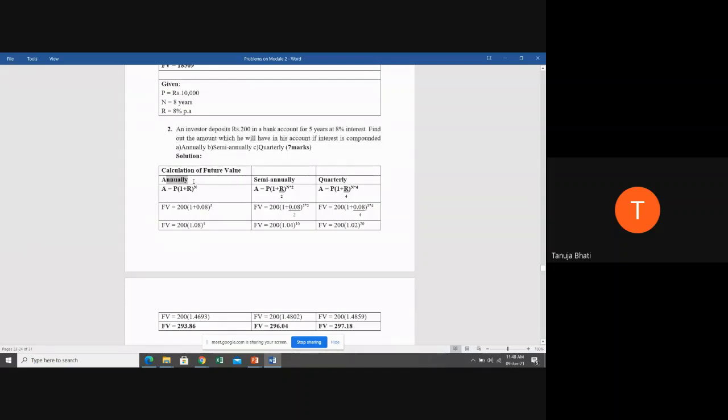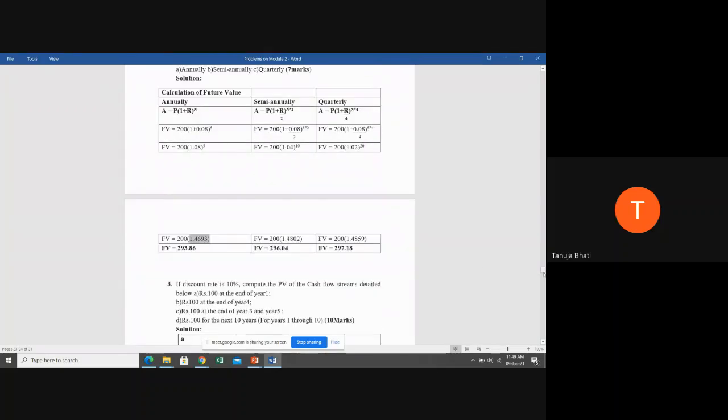So first for annually, what is the formula to calculate the future value of a single cash flow? It is nothing but A is equal to P in the bracket 1 plus R raised to N. So the principal amount given is 200 rupees. The rate of interest is 8%. 1 is fixed in the formula, raised to 5, because 5 is the number of years. So when you solve this, 200 into 1.08 raised to 5, you get